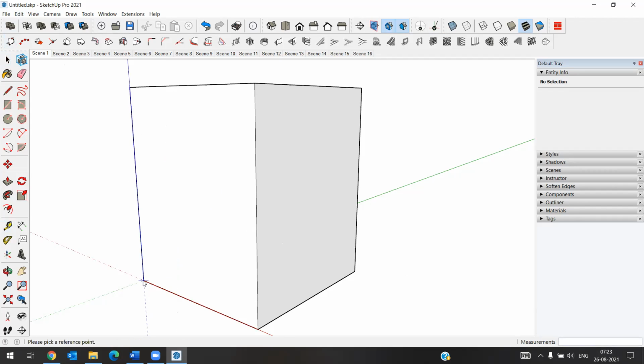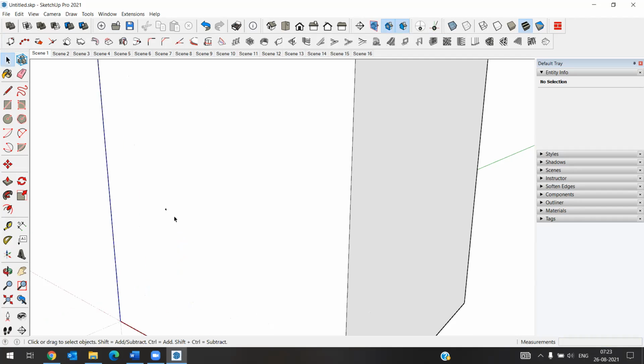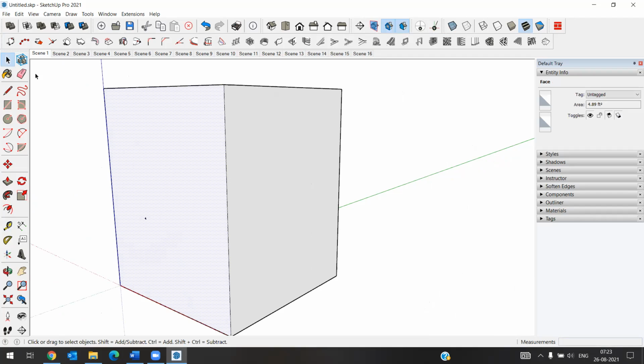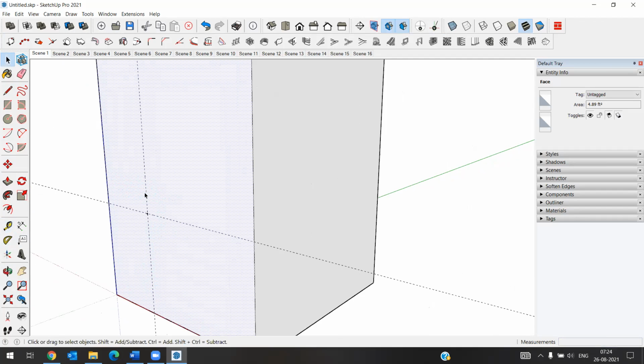Click on the face, pick reference point, enter 8 inches, and next this is 1 feet, in the sense 12 inches. So automatically you will get a reference point from that particular distance. See, if you recheck also, 1 feet height from here, 1 feet height from here, and 8 inches from there. So exactly you will get the reference point on this.